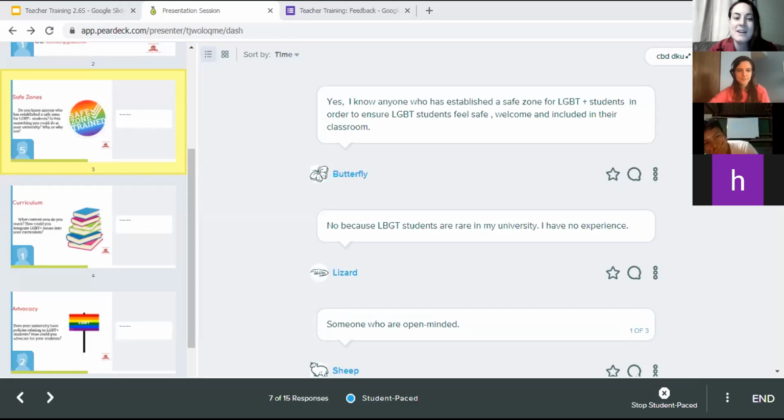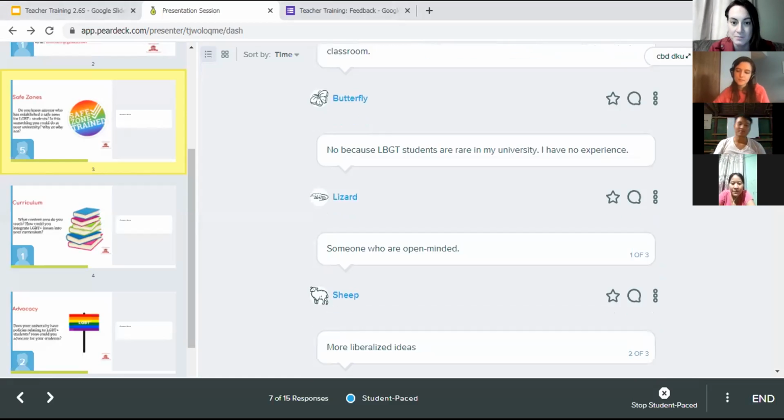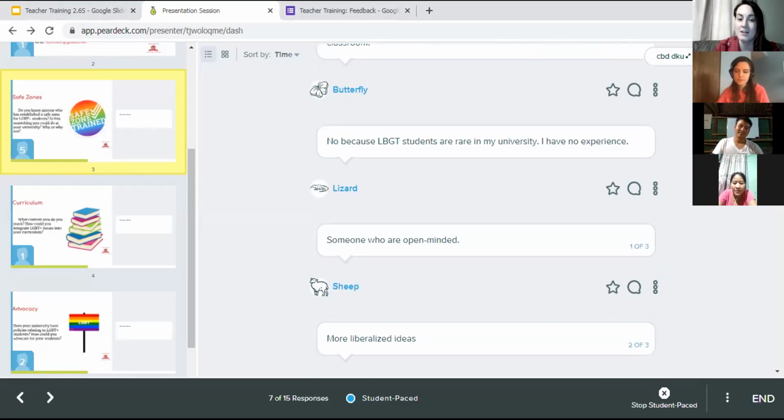We'll just quickly go through this because we're kind of over for time. So some of the answers: someone who has established a safe zone for LGBT students in order to ensure LGBT students feel safe, welcome, and included in their classroom. No, because LGBT students are rare in my university. I have no experience. So I would say from my time in Myanmar, I was only in Myanmar for about